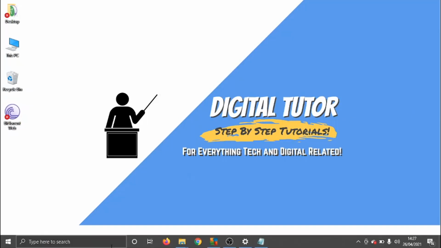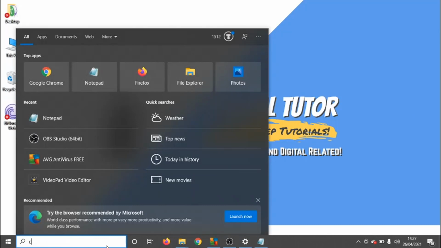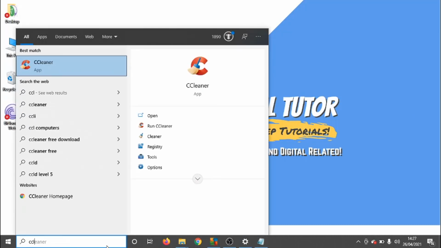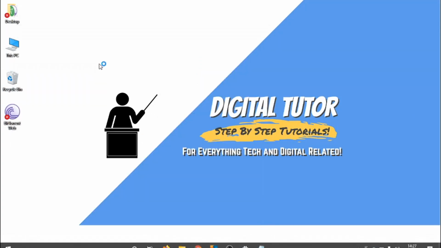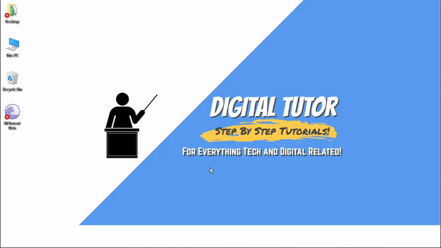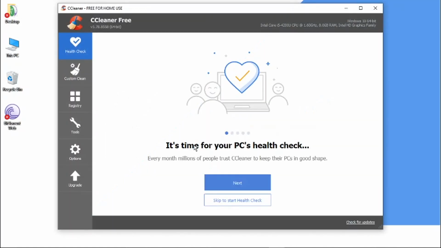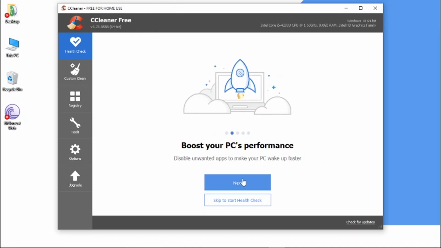So the first option is to download a program which is called CCleaner. And if you go onto Google, you can actually download this. It's completely free. It is free. There is a pro version you can download as well, but to use a basic one, it's completely free. And once that's downloaded, all you need to do is open up the program and it can run a free health check,